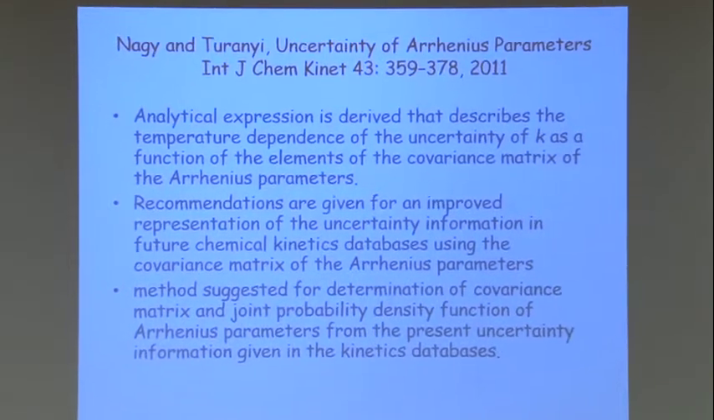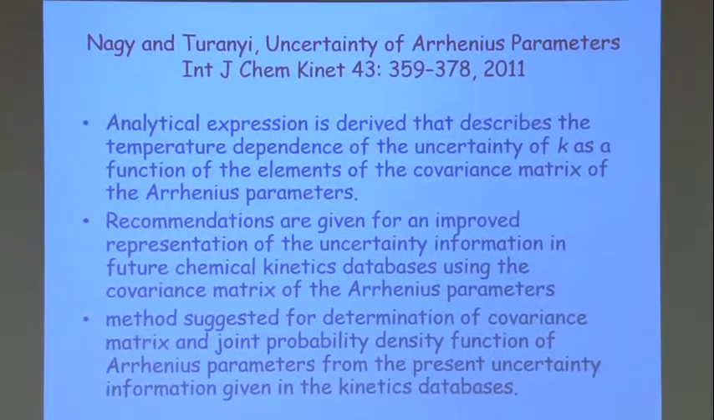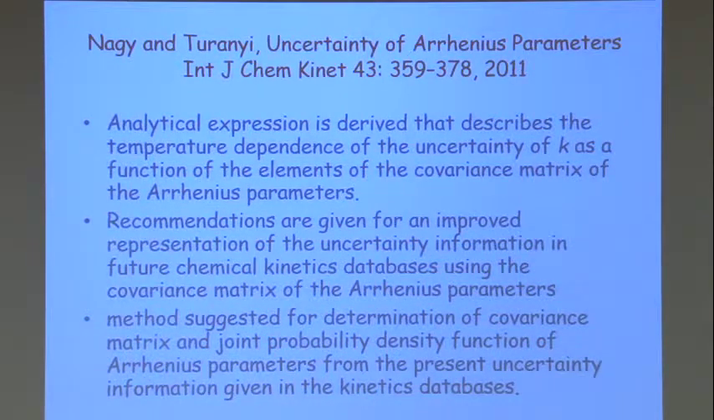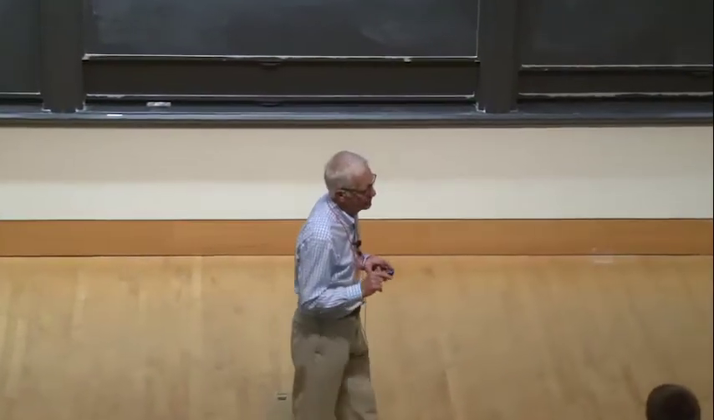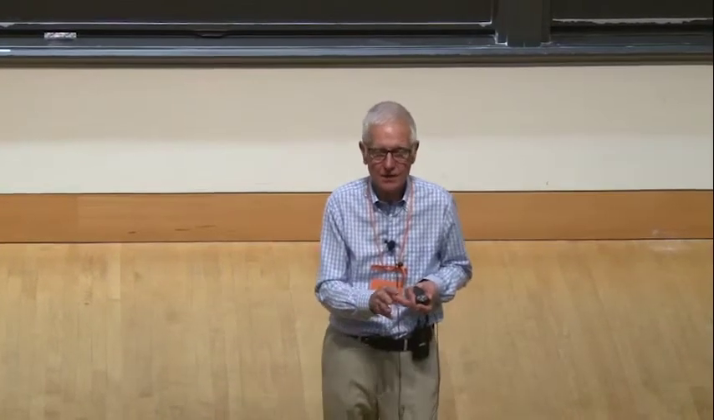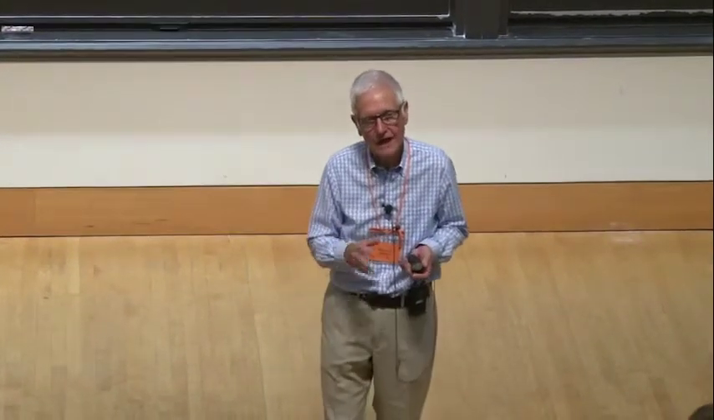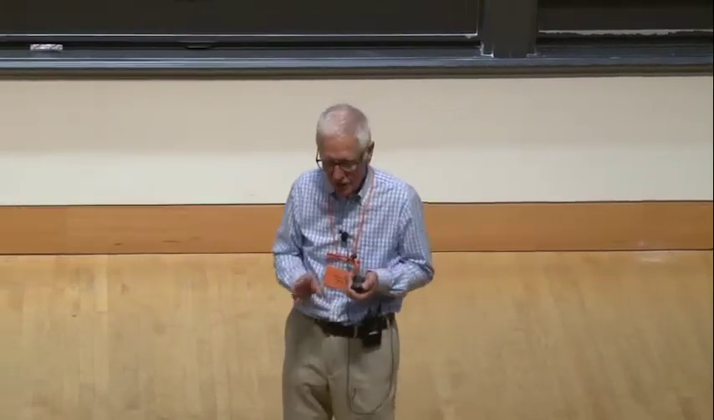Now, a group in Hungary decided that this rather ad hoc way of assessing uncertainties was really not good enough. As we'll see tomorrow, if you want to compare a mechanism with data, for example, for ignition delays or shock tube measurements of ignitions, then you need to be able to estimate the uncertainty of the rate parameters you put into the model, because then you can estimate the uncertainties in the